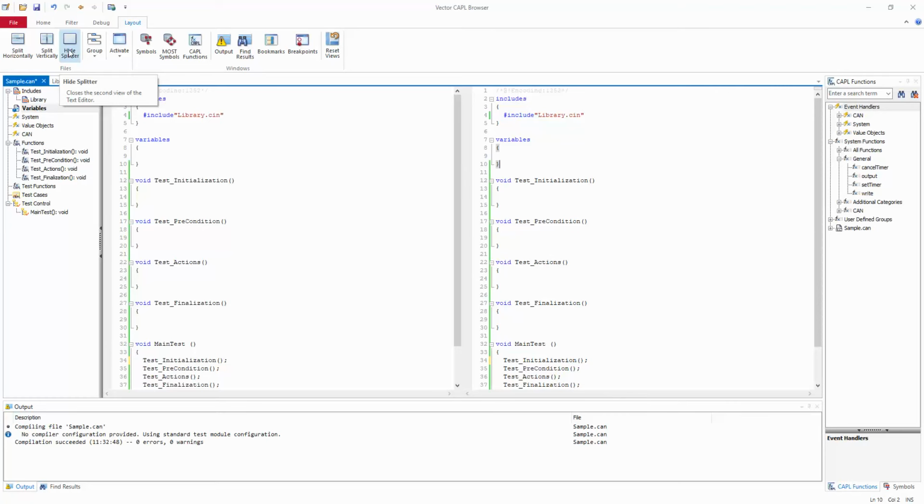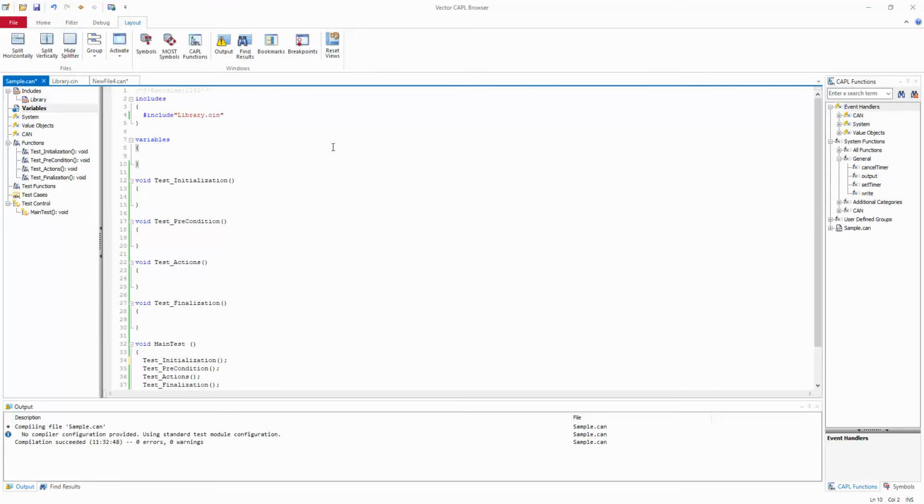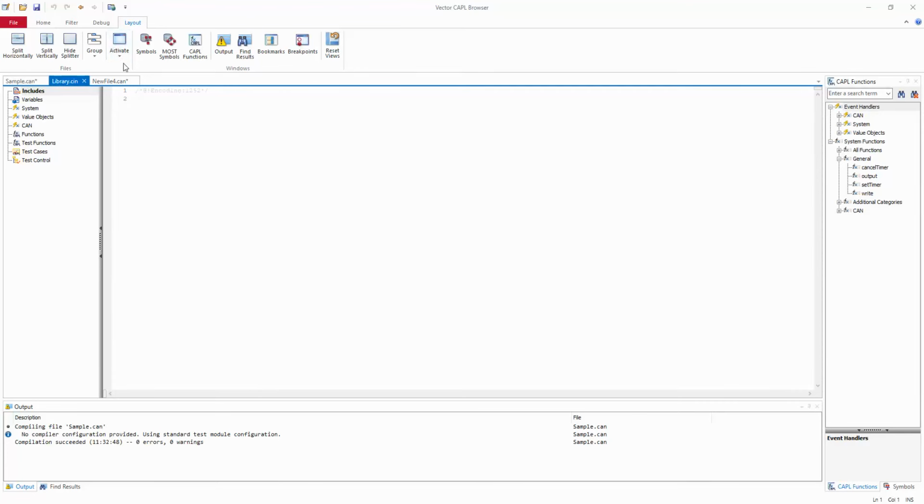If you click on hide splitter, it just removes the splitter. Then this is again a grouping, a group that you can do on the horizontal or vertical side. Then you have activate. Activate makes the concerned file the active one. So if I select activate for the library.syn file, it makes the library.syn file an active file.